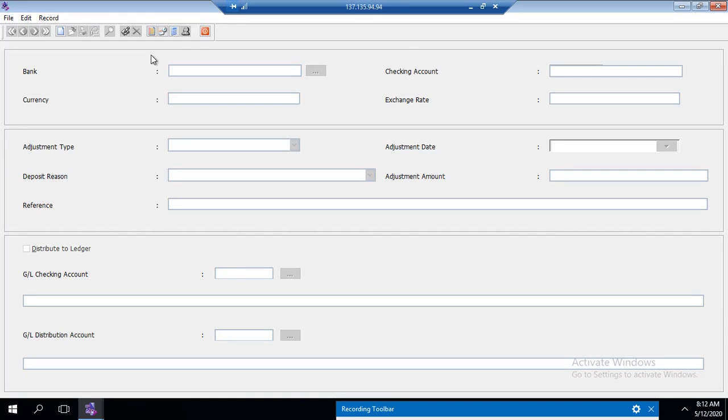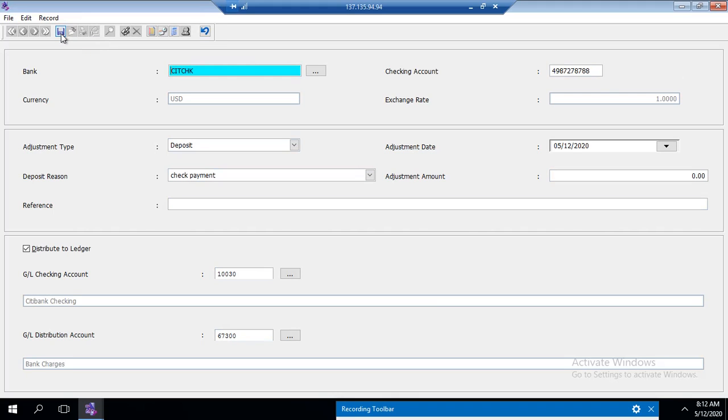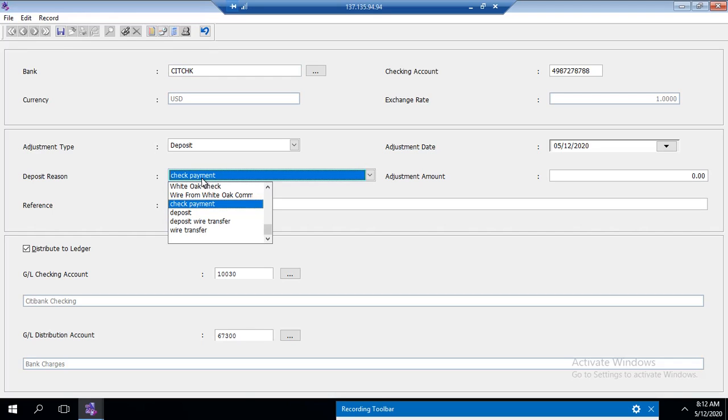A screen like your bank screen. Here you select here to add a new record. When you add a new record, you will see that the system will pick up your default bank and checking account, default currency, and your exchange rate, today's date, and the adjustment type is defaulted to be deposit. So let's leave it this way as deposit and